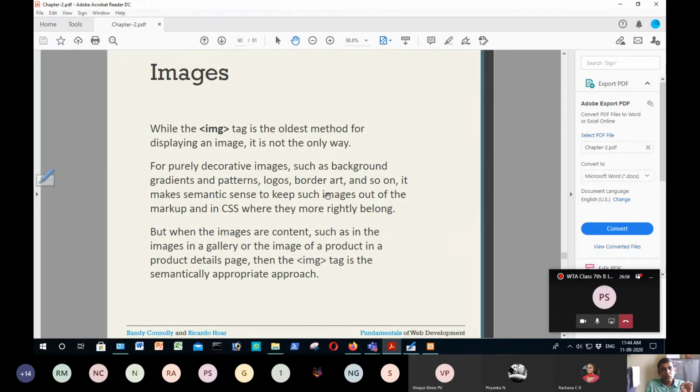The img tag is the oldest method of displaying an image, and note that it is not the only way. There are other ways of inserting images or adding images to a web page. That can be done when we discuss CSS. We will do that. Okay, but note that the image tag is the semantically best approach to insert an